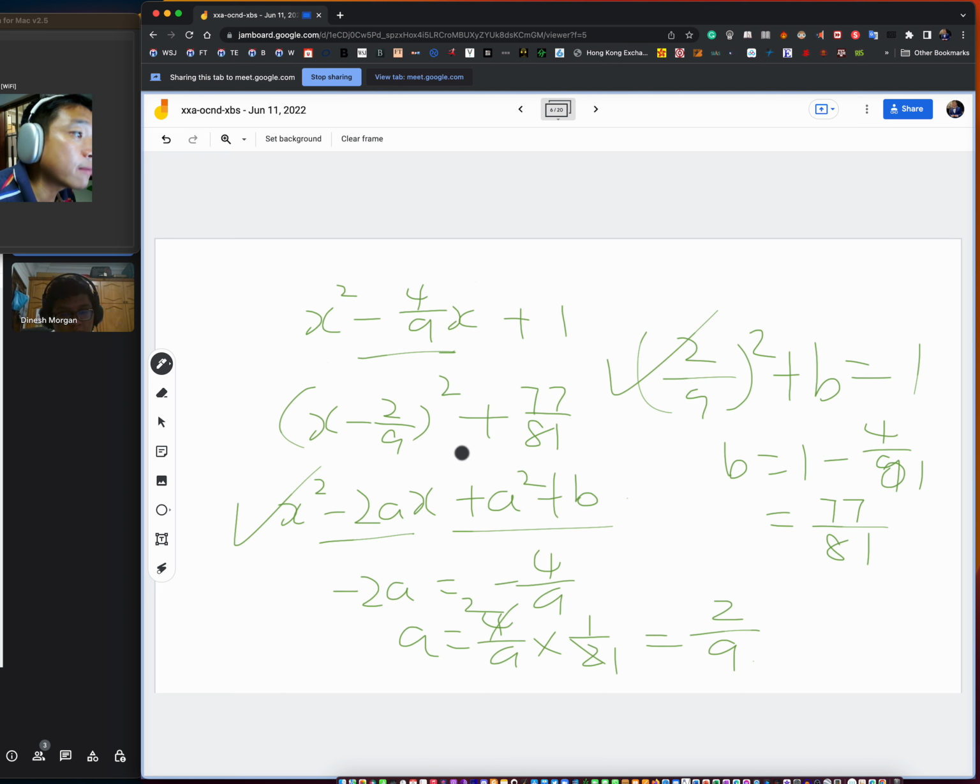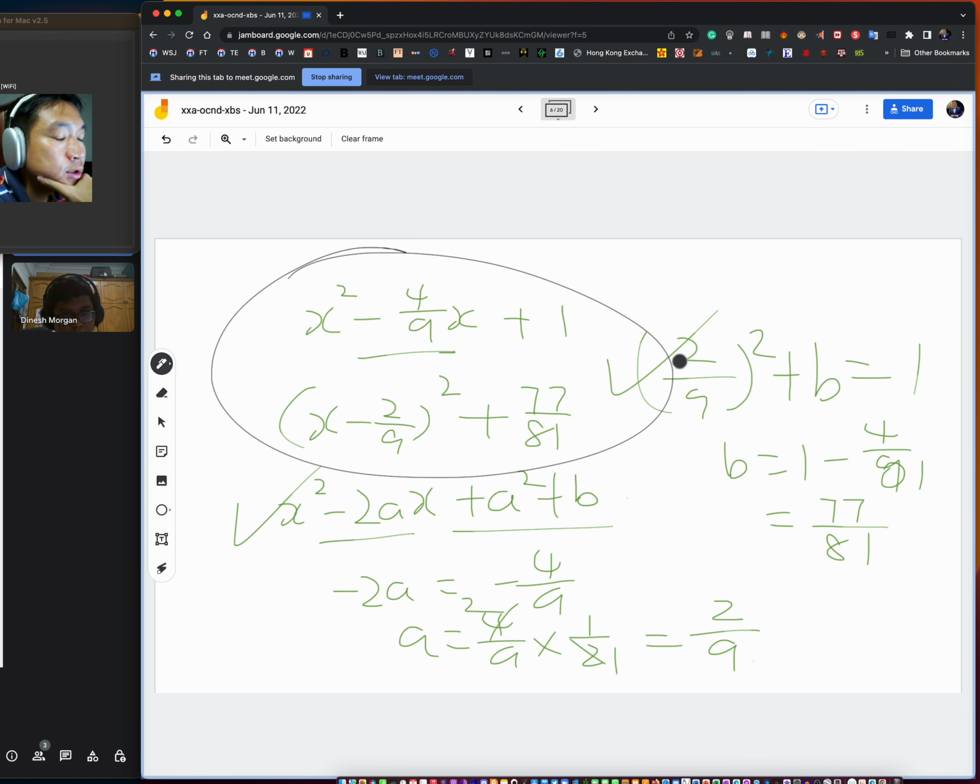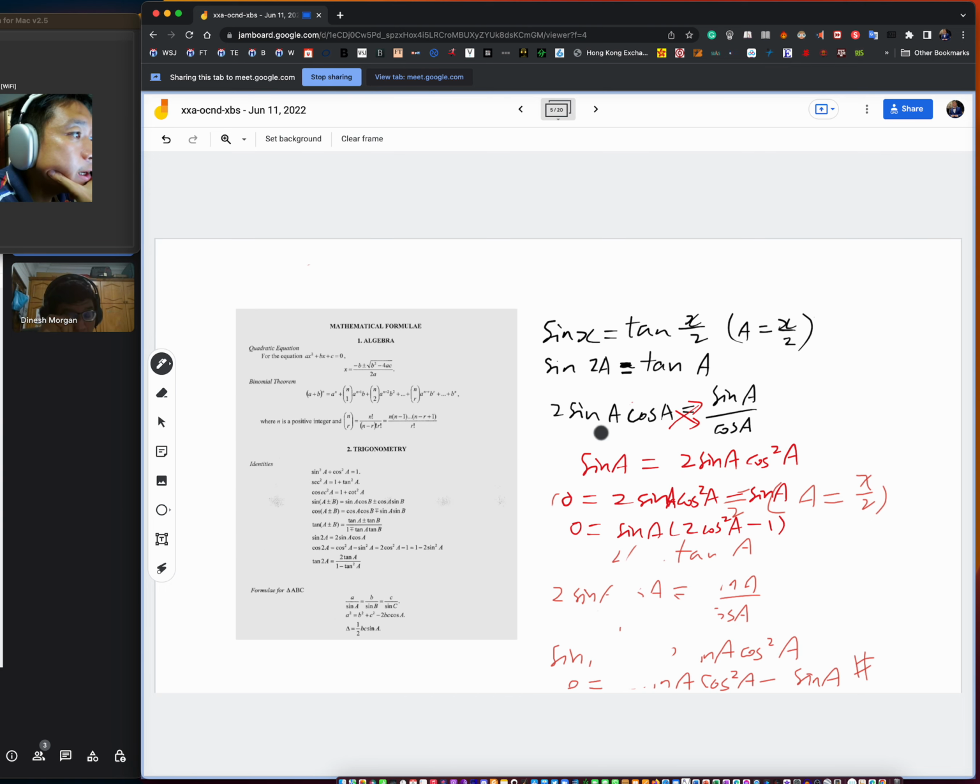Then you can actually do it by comparison to get your completing the square out. I'm actually at slide 6, trying to look back at what we have learned so far. So by comparison to get the completing square out, right? Instead of memorizing the formula,